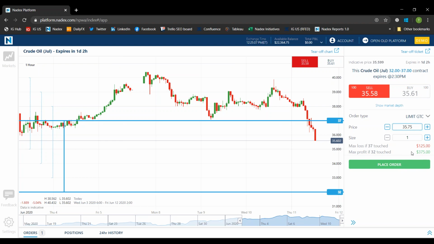Now, this is probably going to beget the question: what happens if oil doesn't touch either one of the boundaries? If I sold one here at 35.75, and had I gotten filled, and oil kept going lower, I would recognize a profit. In the end, as long as it settles below where I sold it, I will have some type of profit. The profit would be the difference between where I sold it, 35.75,